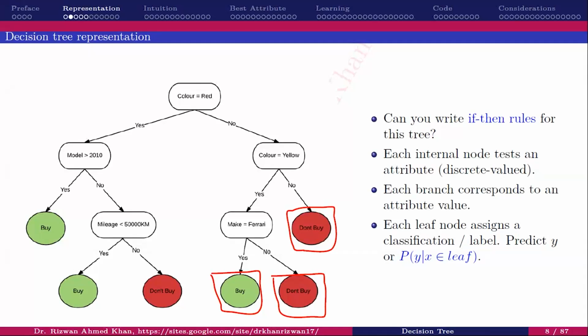Right, but how to make this kind of a tree? Learning is inducing this tree. Right now I'm showing you the decision tree, which makes it so much easier. But how did this decision tree come to us? This is learning. We are given a data set and we are learning this decision tree. So I'm just giving you a notion of a decision tree, but once you start looking into more detail, you will understand where the learning is. Okay, sir, got it.